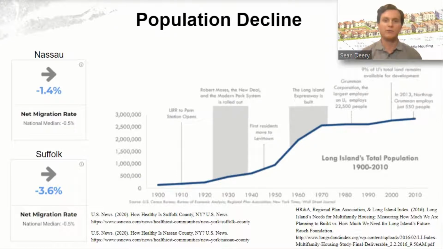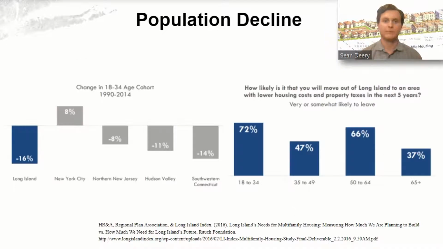Housing costs are now crippling families, pushing seniors away from lower cost states and forcing young professionals to seek out other parts of the country where they can afford the walkable lifestyle that they desire. More specifically, 67% of residents aged 18 to 34 want to leave Long Island in the next 5 years, while only 40% of those residents expect to retire on Long Island. The most cited reason for leaving is the cost of living, confirming that the undersupply of housing is leading to a declining population on Long Island.